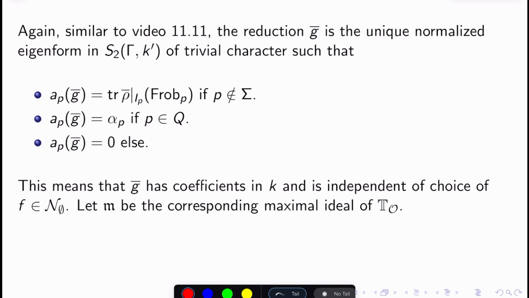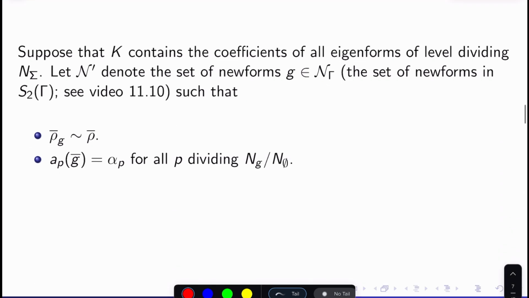This G corresponds to an ideal 𝔪 in T_O, and so we'll consider the maximal ideal 𝔪 corresponding to this choice of G from here on out. Suppose that K contains the coefficients of all eigenforms of level dividing n_σ. Let 𝒩' denote the set of newforms G and 𝒩_Γ, which is the set of newforms in S_2(Γ)